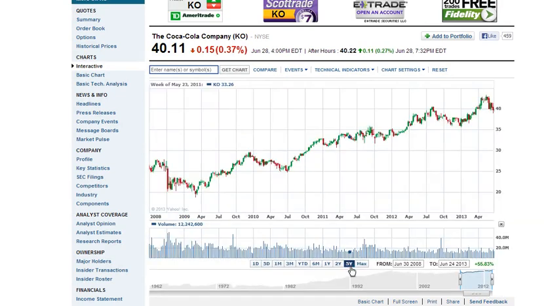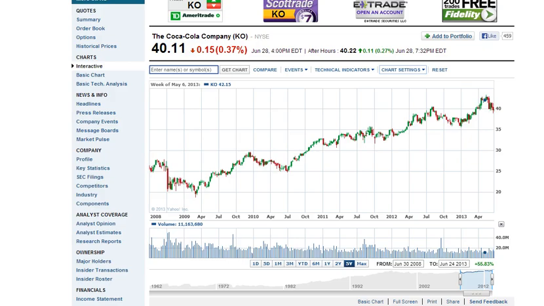Now, over the past 5 years, you could have bought Coca-Cola right around $25 exactly 5 years ago. And today it's worth $40 a share. And so that's about a 60% return. That's pretty good. But it's a very stable and steady return. You know, and that's great for some people. That may or may not fit what you need. It depends on how much risk you want to take on.